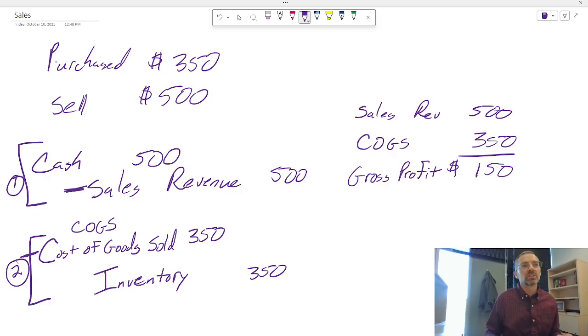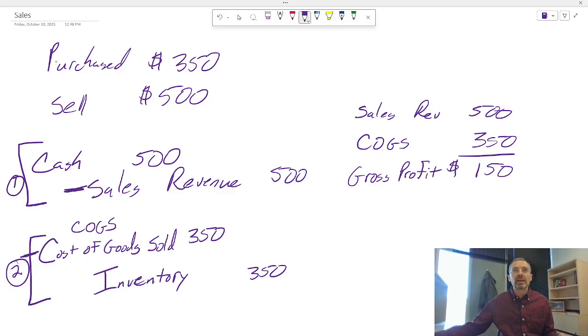We also have to look at what if instead this was sold on account, meaning that the customer did not pay us right away. This is more often with bigger ticket items. It might not be the small stuff in Target or Walmart. All of those things are pretty much paid for right away. But think more like an appliance store where it's a bigger ticket item and you might not be paying right away.